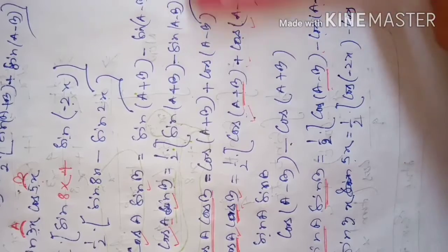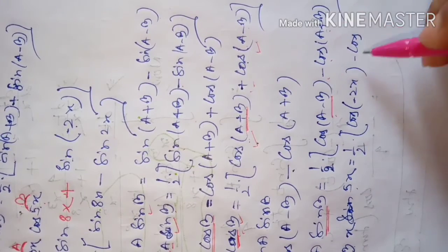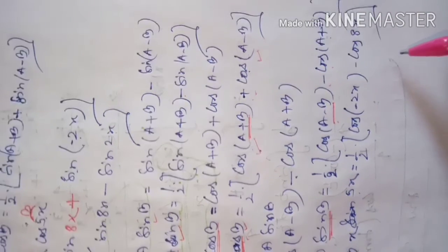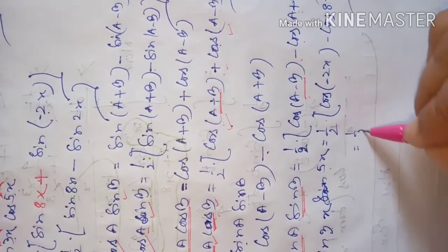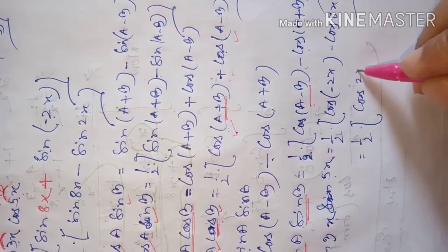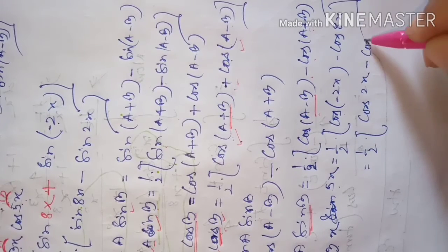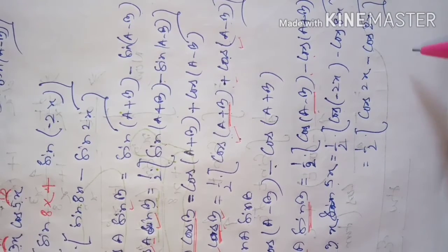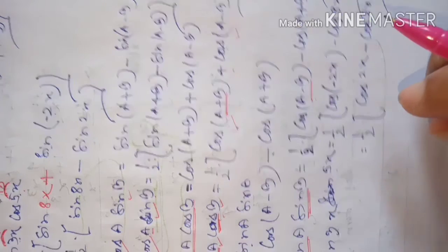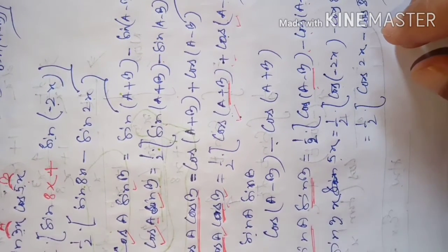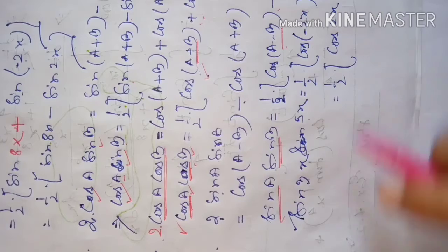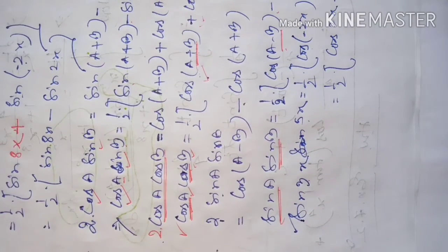So then it will be cos of a plus b, that means 8x. Okay, dear students. So you are getting this way. Then it will be half times cos minus theta is what? Cos theta. Then minus cos 8x. Okay, dear students. So we got that these are some identities that we can use here in transforming.